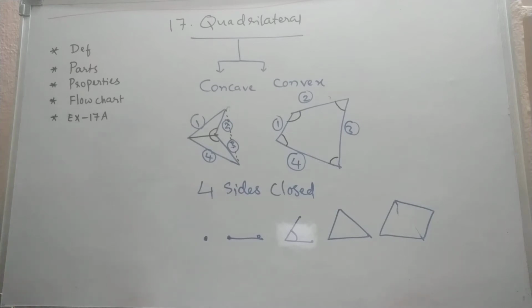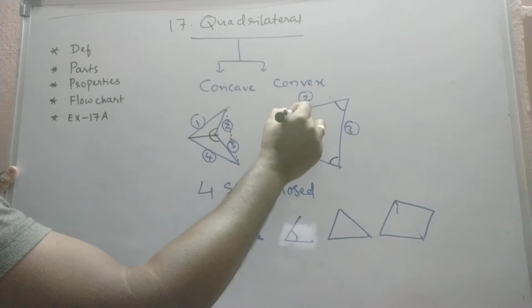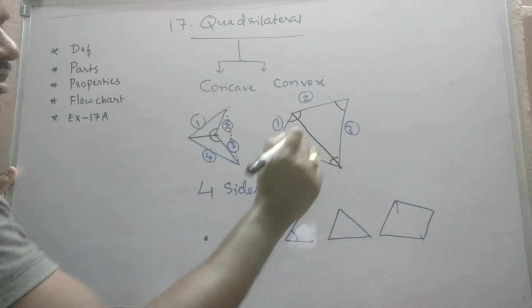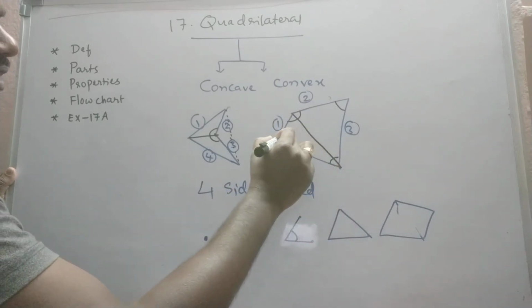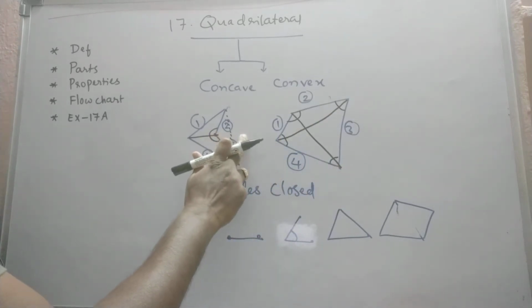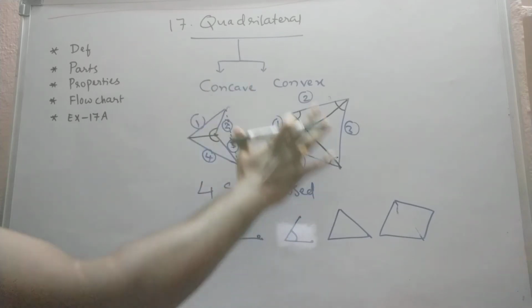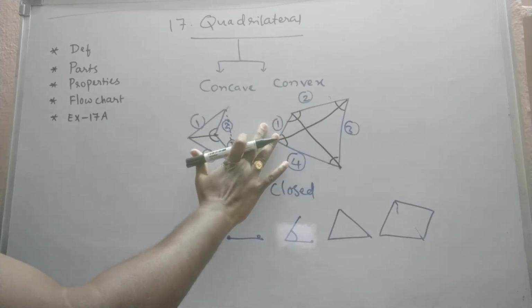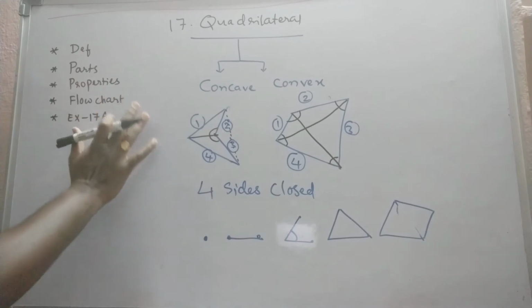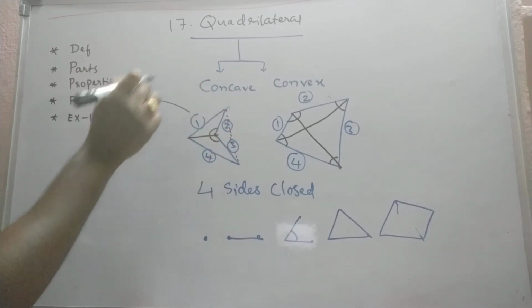As you know, a diagonal is nothing but the line joining two opposite corners. Consider your room: if you join from that corner to this corner, that is called a diagonal. Now let us see this quadrilateral. This is diagonal 1, and we will get diagonal 2. So this is a concave quadrilateral and this is a convex quadrilateral. These are the general classifications of quadrilaterals. Now let us see the different types of quadrilaterals in the flow chart.